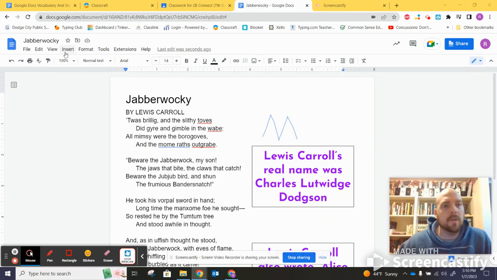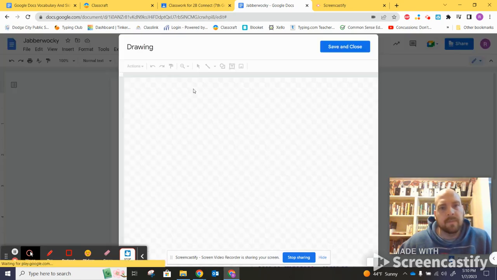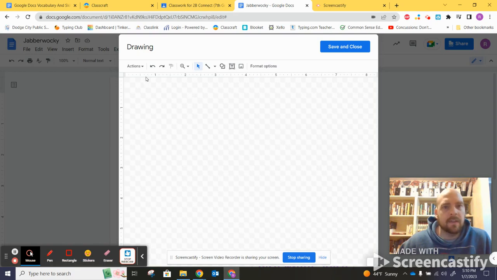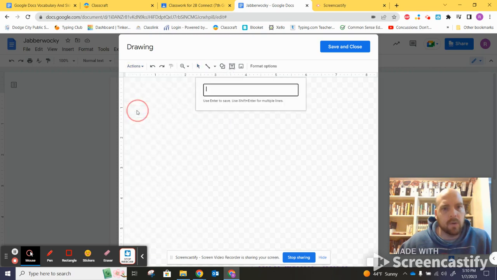So to make word art, you have to first insert a drawing. Insert, drawing, new. Now in this pad, it's another tool here. You click on Actions, and then you click Word Art. And it has this little box that appears. It wants you to type the words. So we're going to put